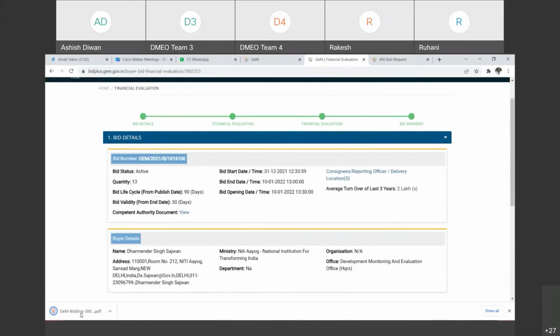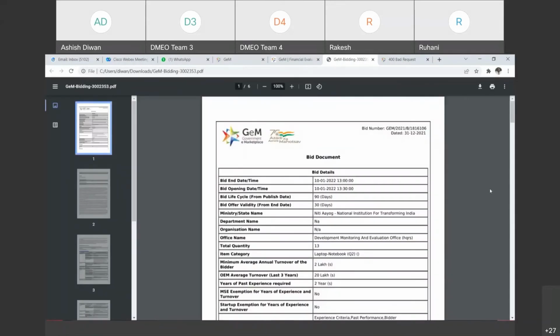टेक्निकल इवैल्यूएशन में क्या क्या पैरामीटर होते हैं? टेक्निकल इवैल्यूएशन में बिड डॉक्यूमेंट्स जो हमारे होते हैं, एक मिनट मैं आपको दिखा रहा हूँ। तो उसमें पैरामीटर्स हैं, जैसे अभी हम लोगों ने किया था, ये बिड डॉक्यूमेंट्स हमारा ओपन हो गया।